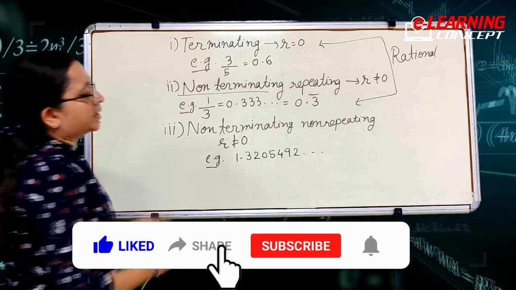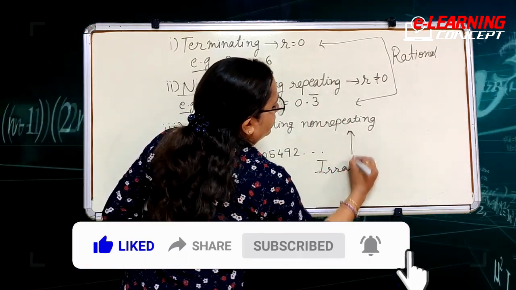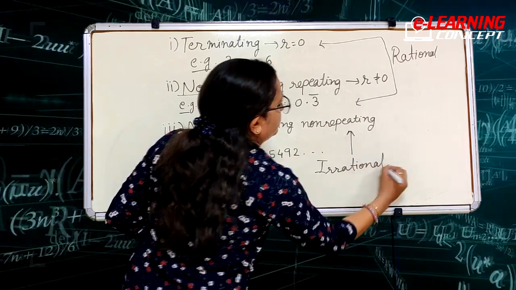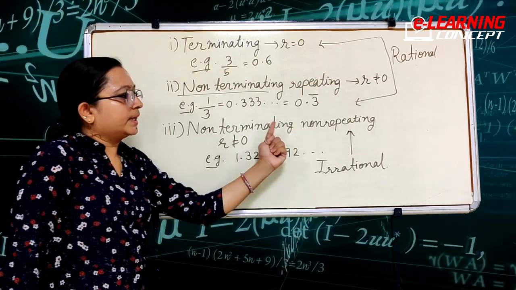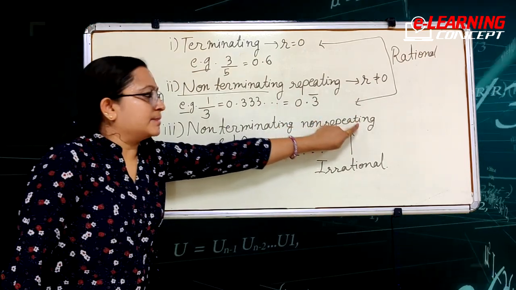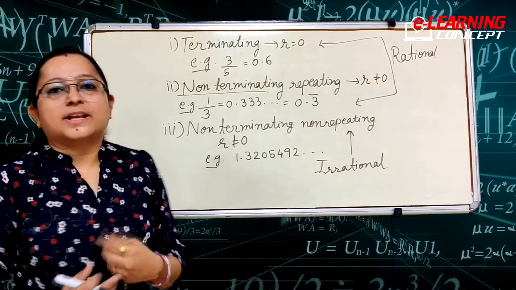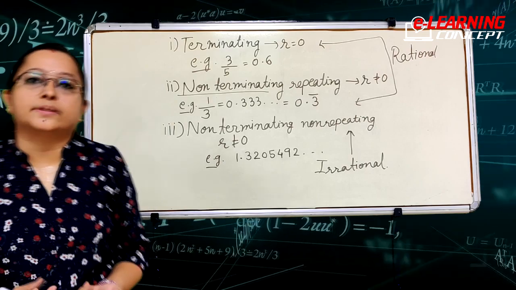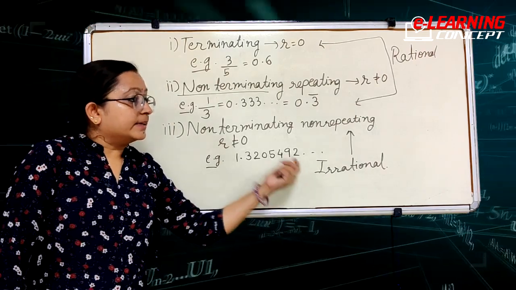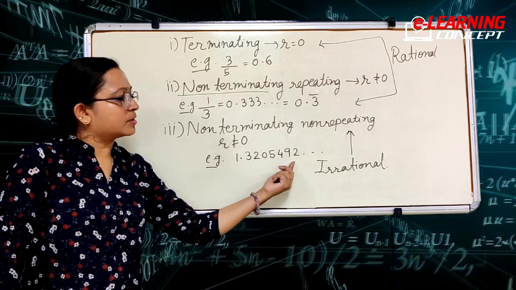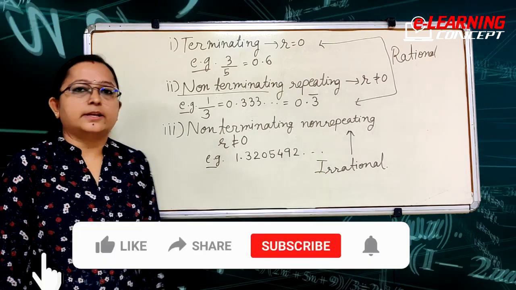Now what else is left about irrational numbers? When the number is irrational, it must have non-terminating, non-repeating decimal expansion and vice versa also. If you are asked to write down some decimal expansion which is non-terminating, non-repeating, then you can write any of this kind. Or if they are asking to write irrational numbers, you can write this also. Any non-terminating, non-repeating expansion would be irrational only.